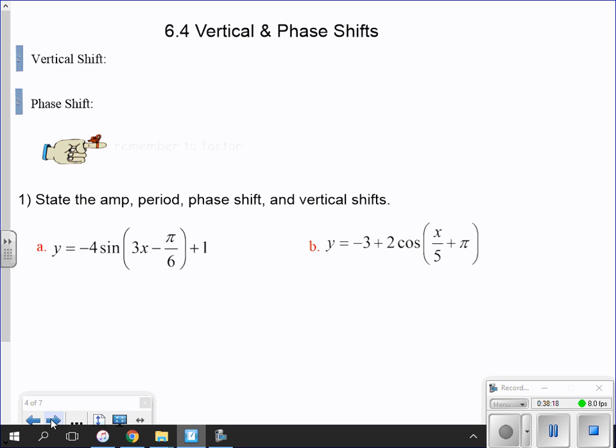Ooh, now we get into some more fun. We've had an adjustment of how tall or short it is. We've done our AM, we've done our FM. Now we're going to make some other shifts. Vertical shifts and phase shifts. Vertical shift